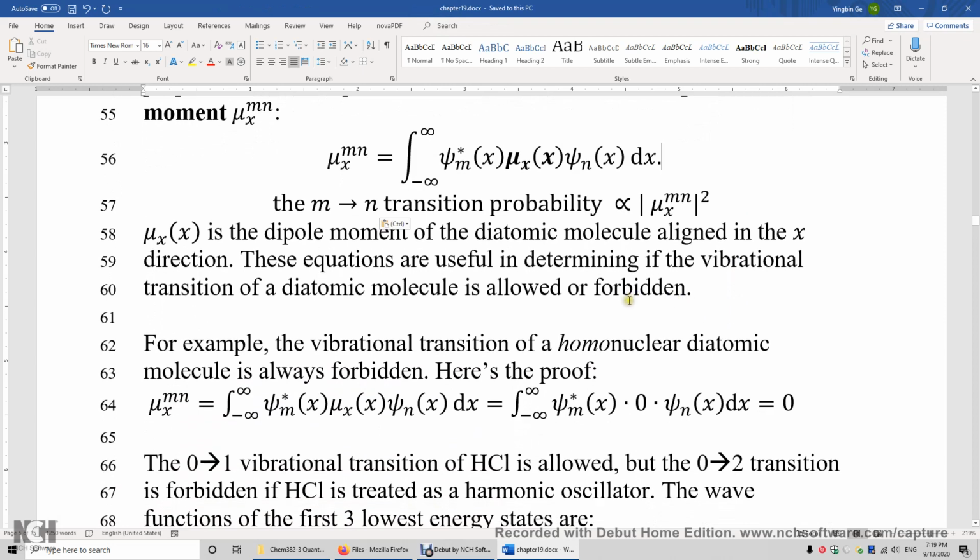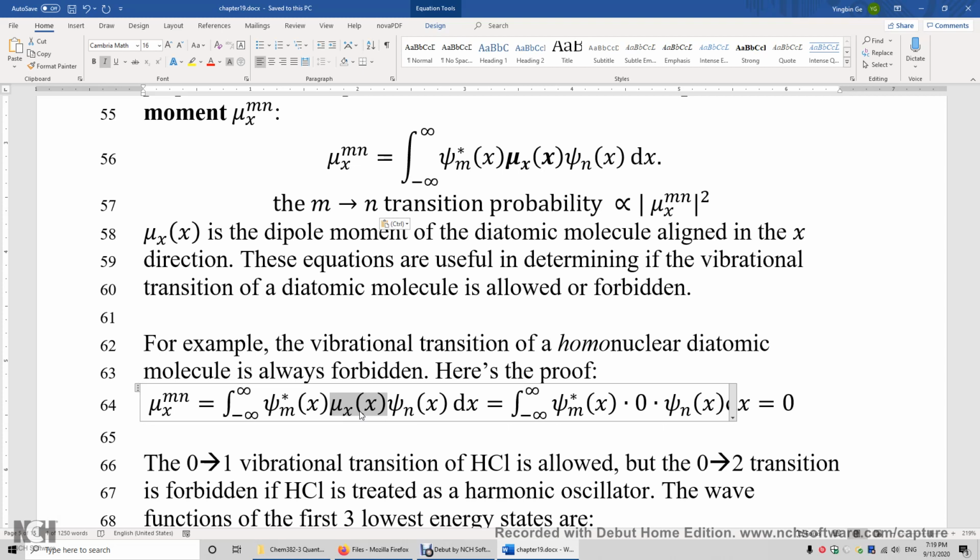Now I'll give you an example. The vibrational transition of a homonuclear diatomic molecule is always forbidden. So you will never find O2, N2, H2 in an infrared spectrum. And here's the proof. We write out the integral here for the transition dipole moment. We have mu in the middle. Just remember, no matter how the O2, N2, or H2 molecule vibrates,